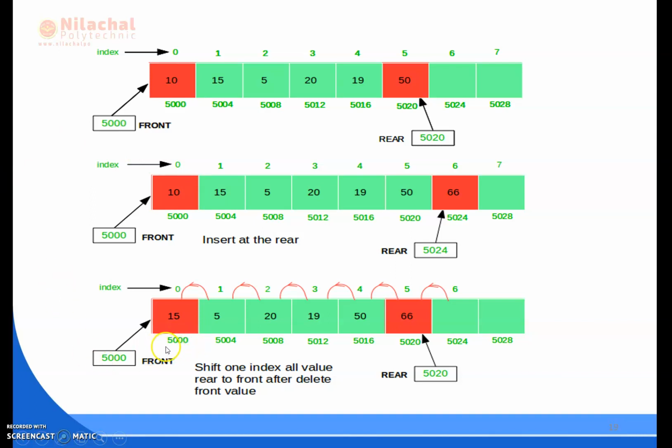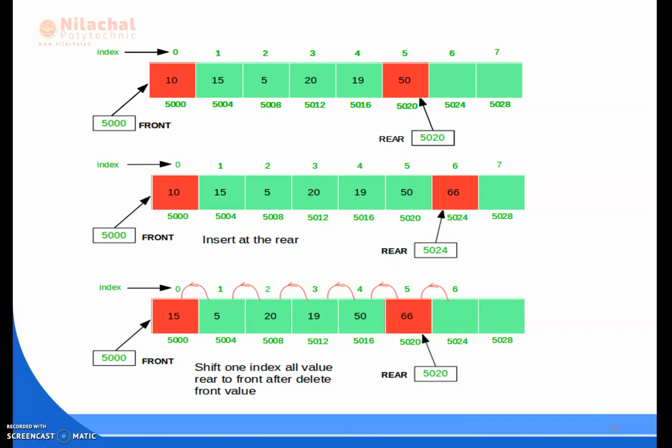Now what will be assigned? Now this 15 data element will be replaced to the first position, that is 15 will come to the location 5000, and that will be the new front.